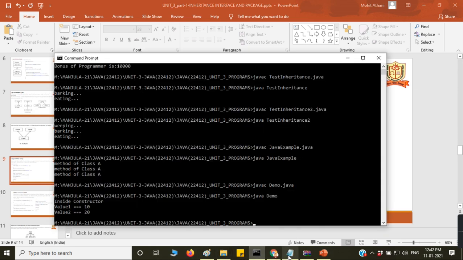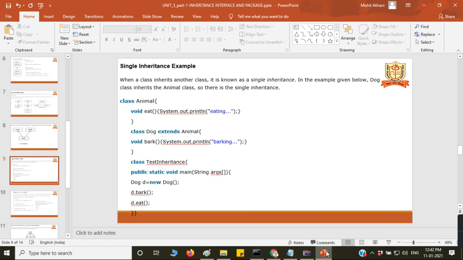What is the class name? See here, one program has more than one class. The class which has the main method, that name you are supposed to give. What is the main method class? TestInheritance. Is it clear?